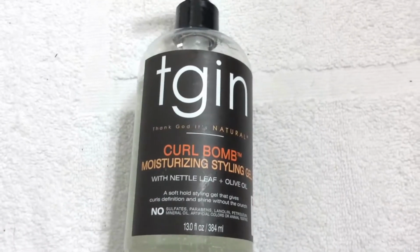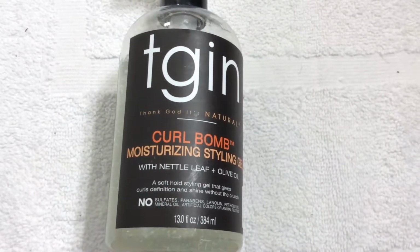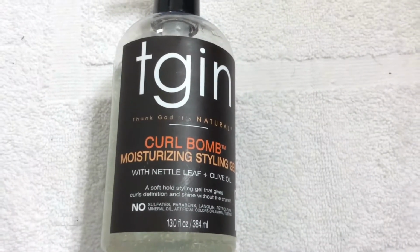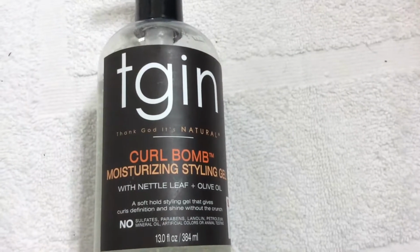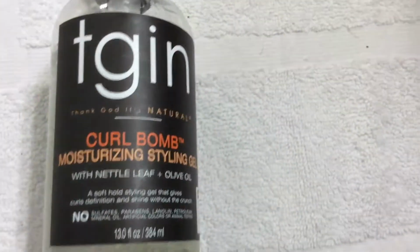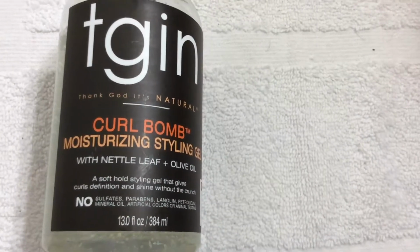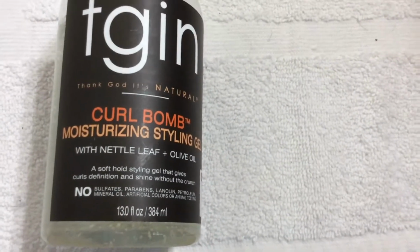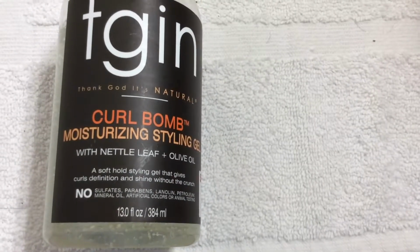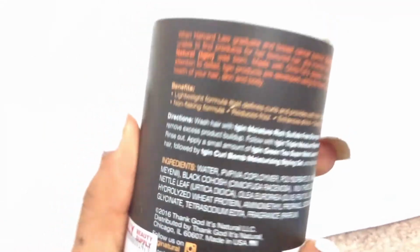But before I go into the back, let me go ahead and explain, and then I'll explain what Nettle Leaf does for the hair. So anyway, it does leave a little crunch if you overdo it. I think I did it one time because I was in a hurry, wasn't caring about how much I applied, so that was my fault. But anyway,